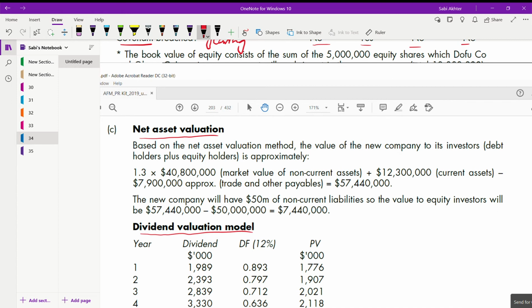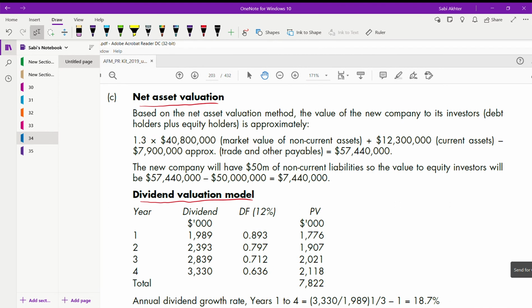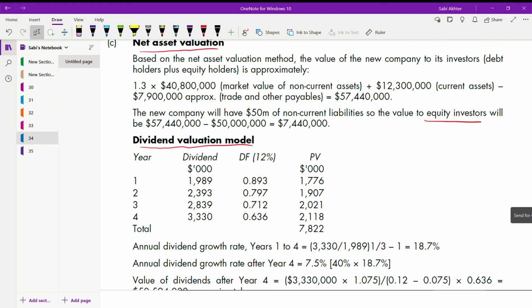Why are you finding this net asset valuation? For equity holders. To equity investors, you want to know what the value is, whether it increased or not. If value increased, it is beneficial. If not, it's not. So wherever they tell you about the benefit of MBO,